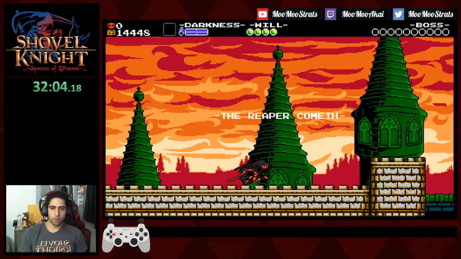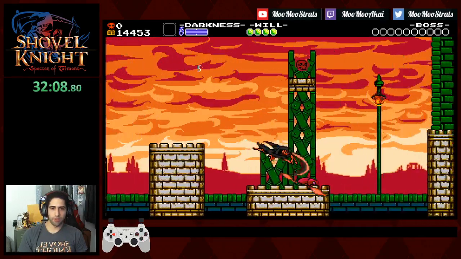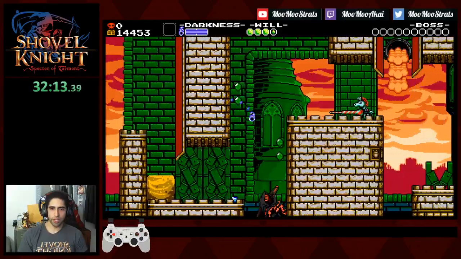So, 2 more levels to go. We have Pridemoor Keep and Stranded Ship, and in this level, our lovely adventurer throws us into this super merry, totally not life-threatening